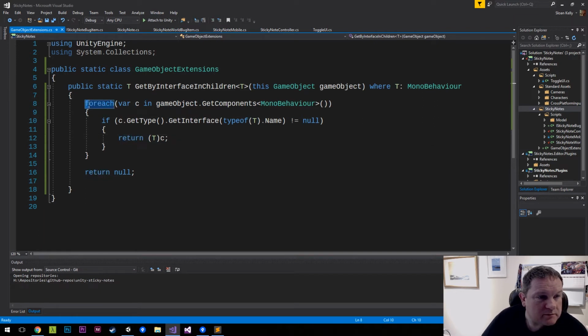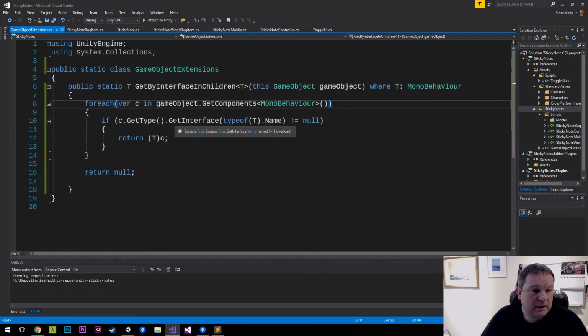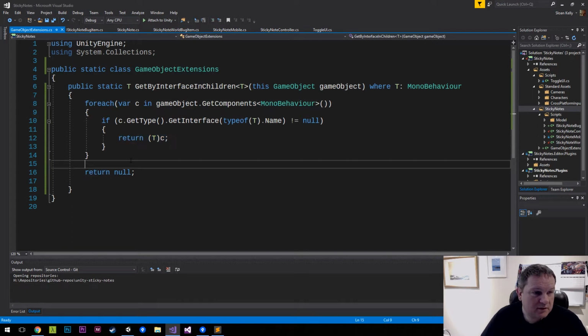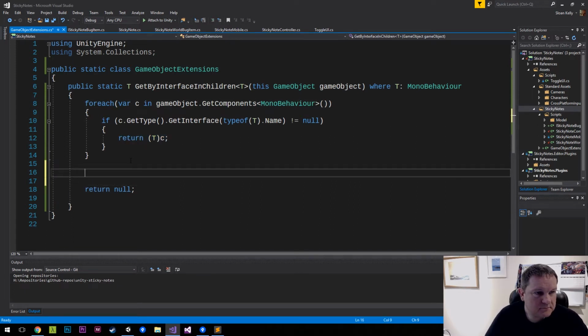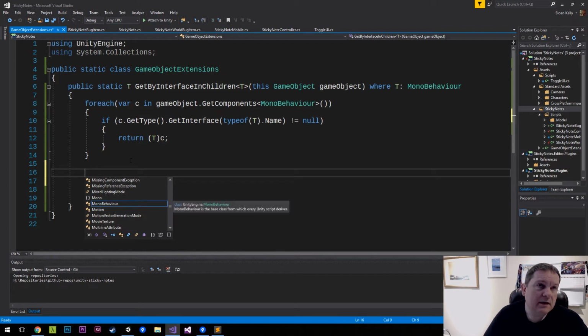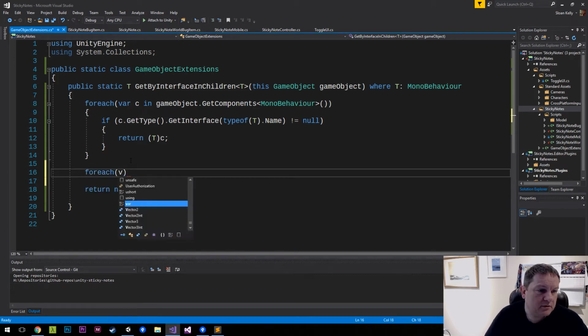But really what we want to do is go through, let me just explain what we're doing here. We want to go through each of the components inside that game object, and we want to find out if that component is of this particular type. And if it is, we want to return that component. Otherwise, I want to say for each var, actually I need to do for int i equals 0, i less than